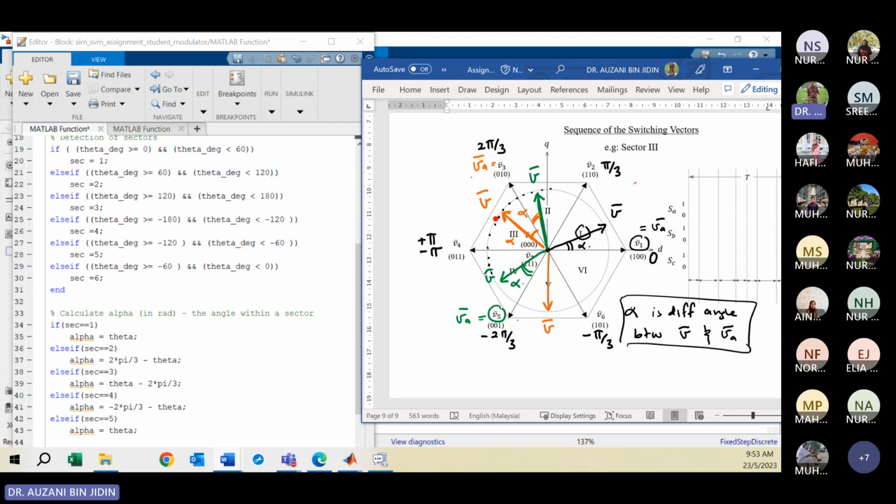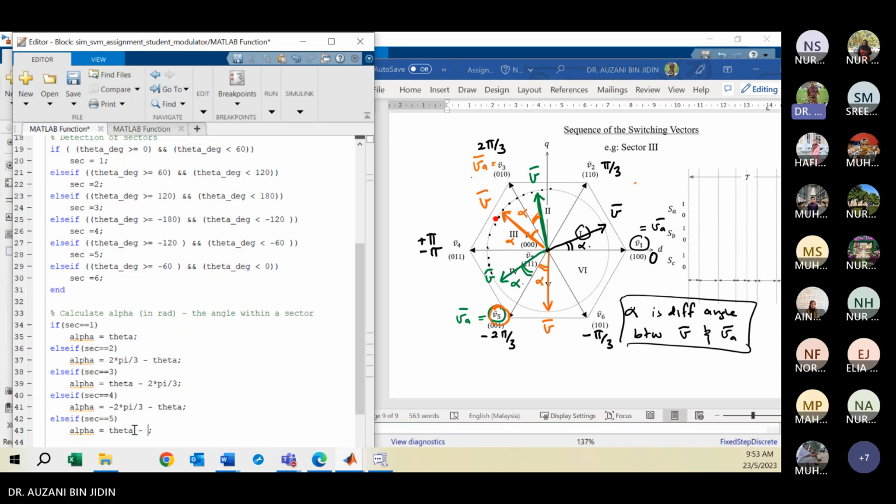The adjacent vector will be V5, and so the alpha we define here. How do we calculate the alpha? For sector number 5, the alpha is equal to theta